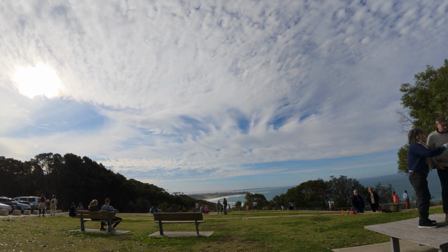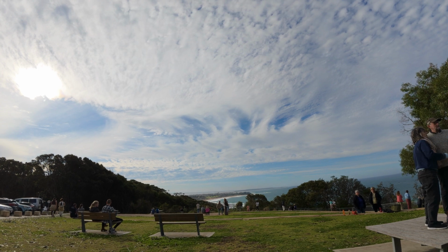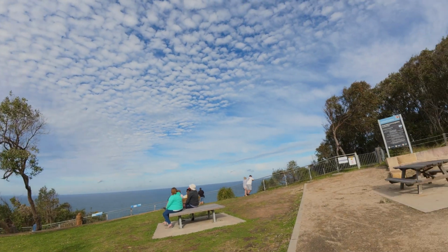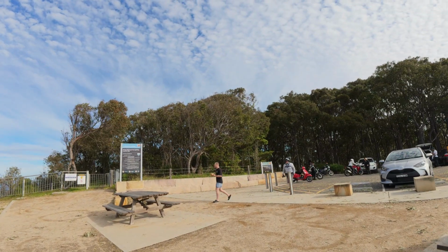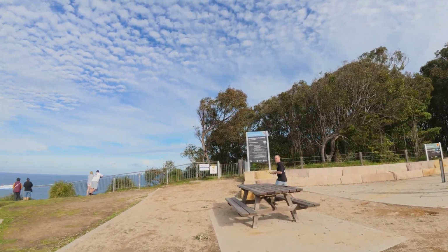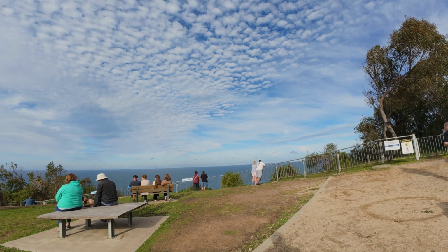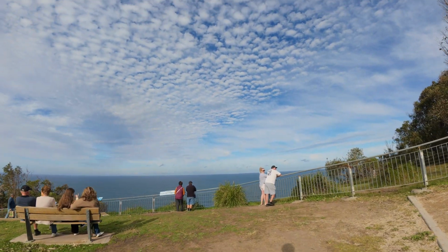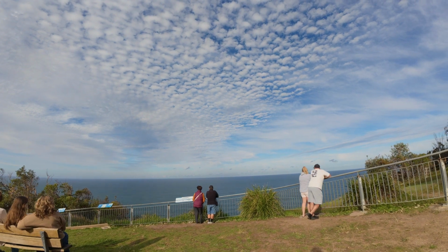So we left our bikes there at the top, and we've just come to just take in the views. You can see the beach ahead of us, Shelley Beach. People enjoying being up here. It was a little windy, and there were lots of people. You can see Rosie just on the right there. There were lots of people up here